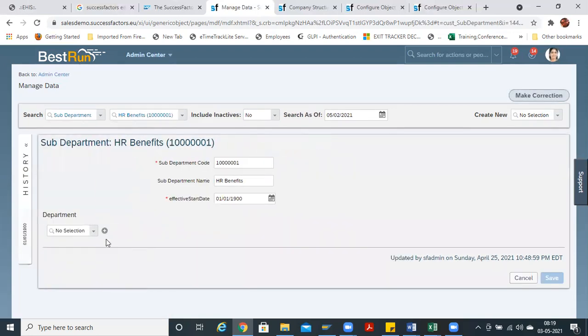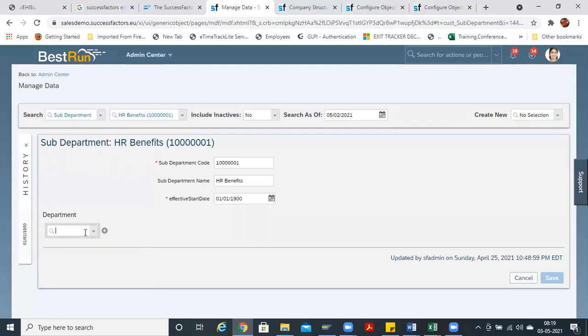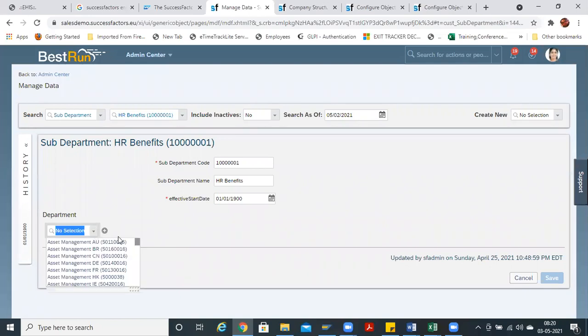In this, make correction, I'll be going to ACC. Okay, I think I have not created any values in department for this data.